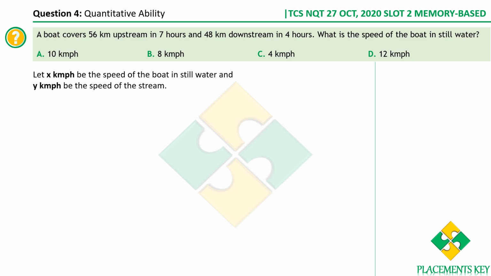Okay, a boat covers 56 kilometers upstream in 7 hours and 45 kilometers downstream in 4 hours. What is the speed of the boat in still water? Okay, let's assume that the speed of the boat in still water be x and the speed of the stream be y. Now we know that when the boat goes upstream,